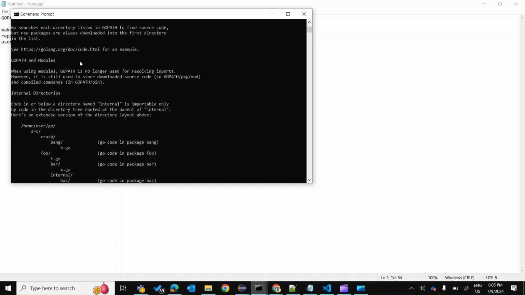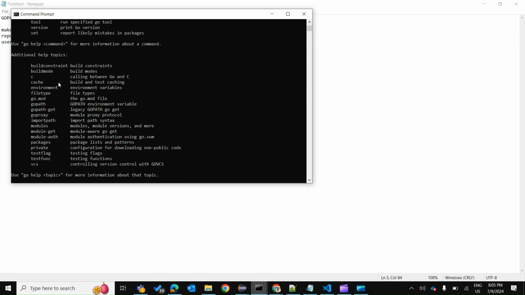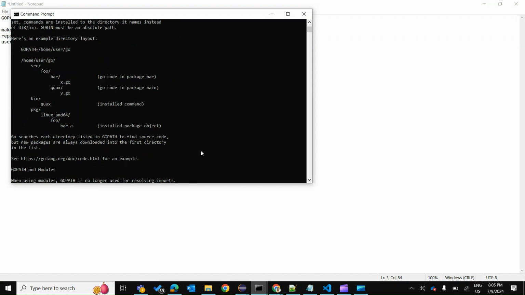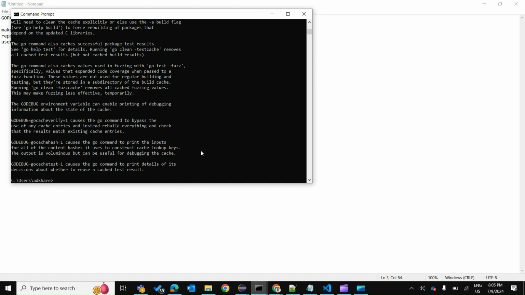So you can go up on these details and you can run any other command or any other topic that you wanted to view. For example, let's say go help cache. See, it is telling us about the go command also caches values using fuzzing with go test first. So we're not diving into the depth of these commands. I'm just showing you that if you wanted to understand these topics and wanted some help to understand them,